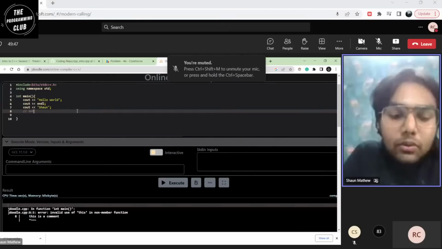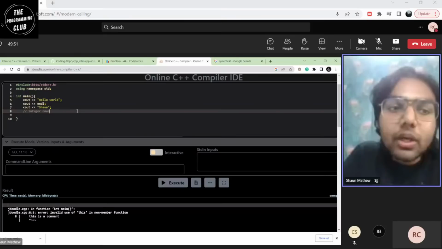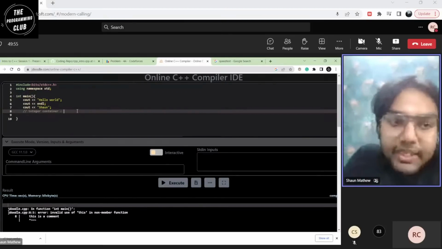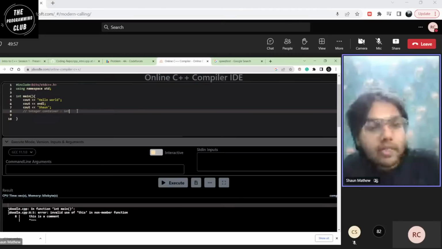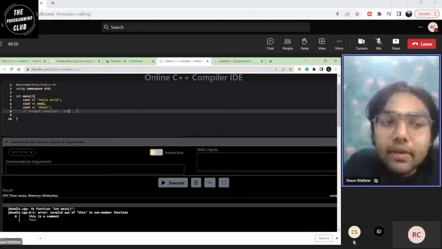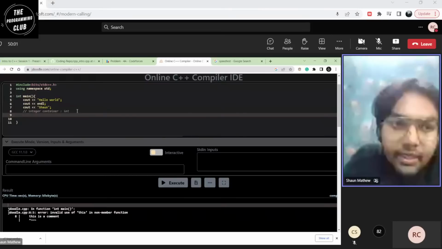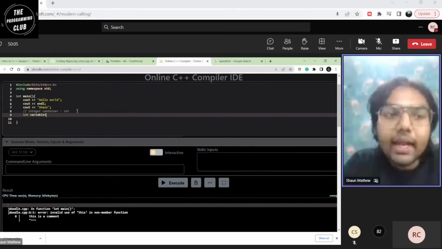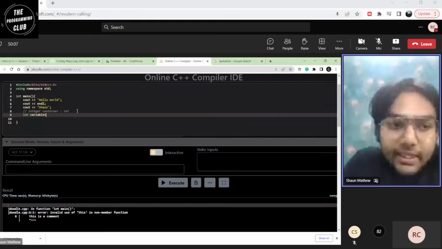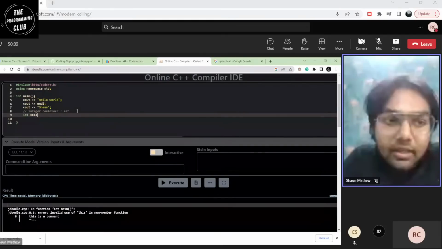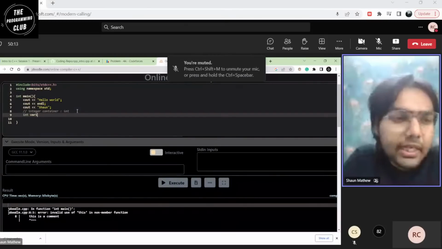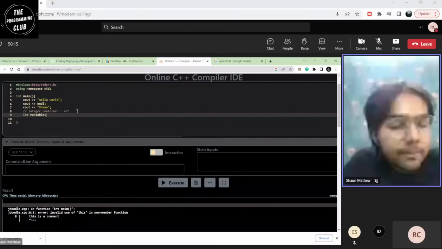I'll be writing some things in the comments for you to understand it better. Now suppose I want to store an integer. My container should store an integer value. So the keyword used in C++ is int. This is our variable. I'm naming it variable 1. You can name it anything, like CCC1 or var1, whatever you want. I'll be writing a bigger name so that everyone understands, which is variable 1.